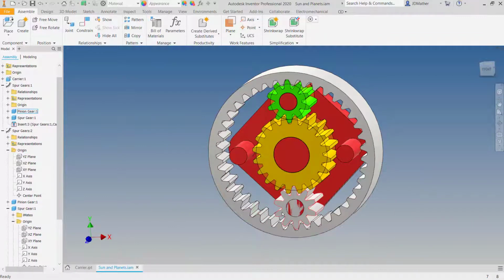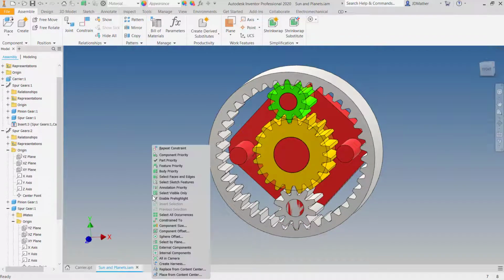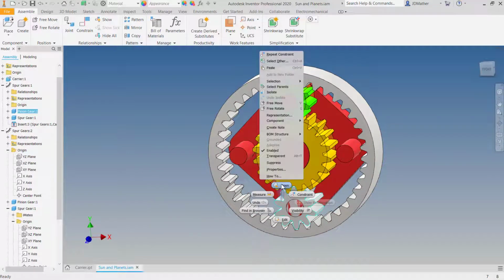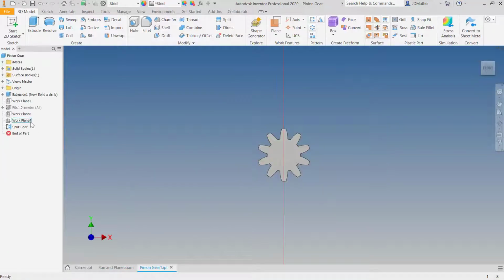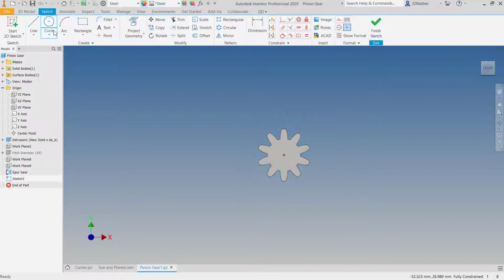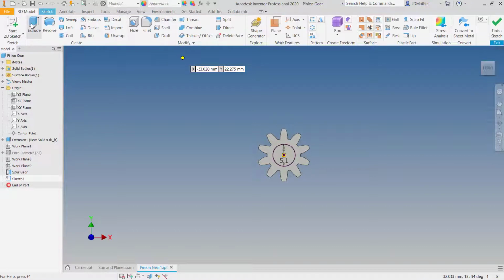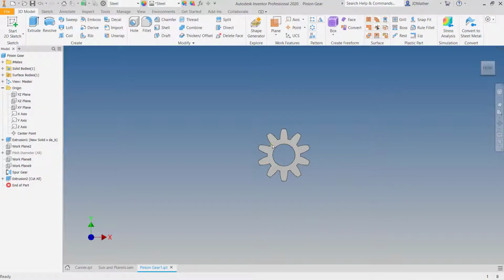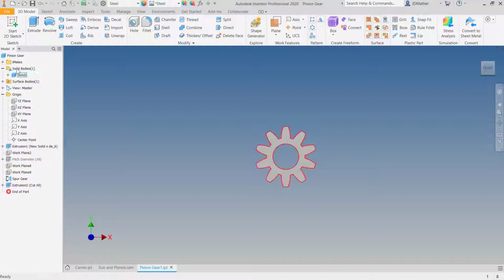And then I'm going to put a hole in this planet, so I'll right click, and again I did shift right click to put my selection filter on part priority, so I can drill down and select, open that individual part, and I'll do a new sketch on the XY plane. I'll draw a circle for this one. I'll do that 5.1, and I'll go to 3D model. I'll do extrude, tell it to cut through all. We'll say OK to that,